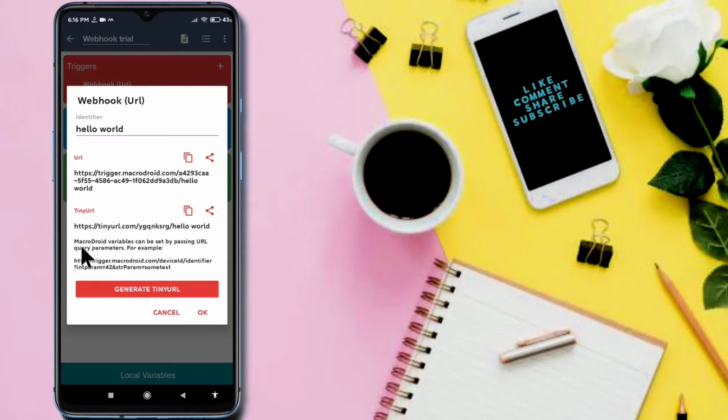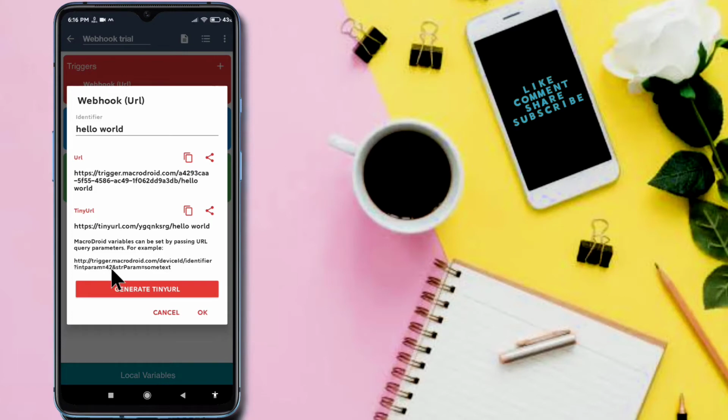So here, MacroDroid variables can be set by passing URL query parameters. For example, trigger.macrodroid.com/device id/identifier?integer parameter=42&string parameter=some text. It means trigger.macrodroid.com is the same, this is my device id, this is the identifier, my hello world identifier, and integer parameter is the integer variable you want to set and the value you want to assign to that integer parameter you have to put here.